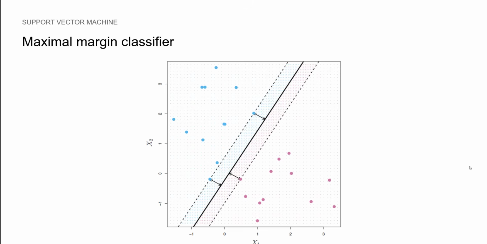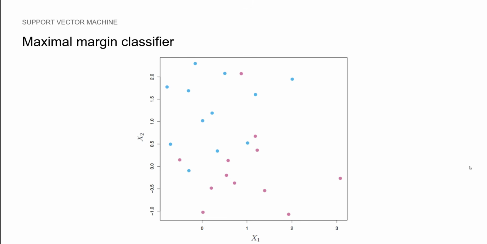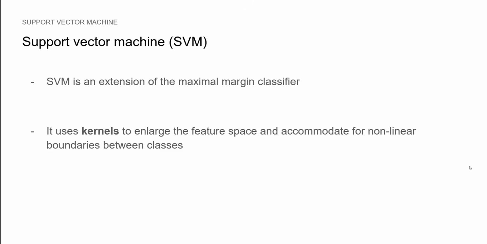Here you see an example of a maximum margin hyperplane, and you see the margin illustrated by the arrows. Notice that the plane depends only on the closest points, known as support vectors, and if those points move, then the hyperplane will move. But what if there is no clear separation between the classes as shown here? Well, that's when SVM is required.